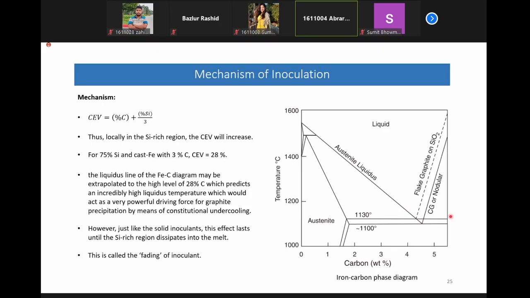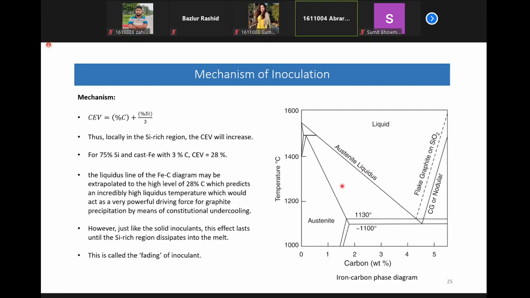And so Campbell and his colleagues predicted that if you have 28% carbon equivalence, then you can take an iron-carbon diagram and extrapolate the liquidus line. If you extrapolate it to this unnaturally high amount of 28% carbon, we can predict a very high liquidus temperature of up to a couple thousand degrees. So what they essentially argue from this is that within this localized region, the graphite is, in an artificial manner, tremendously